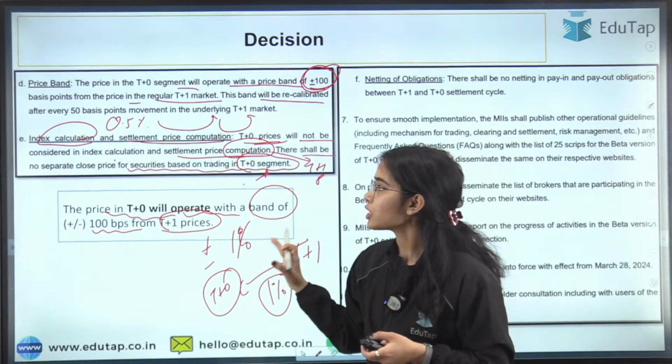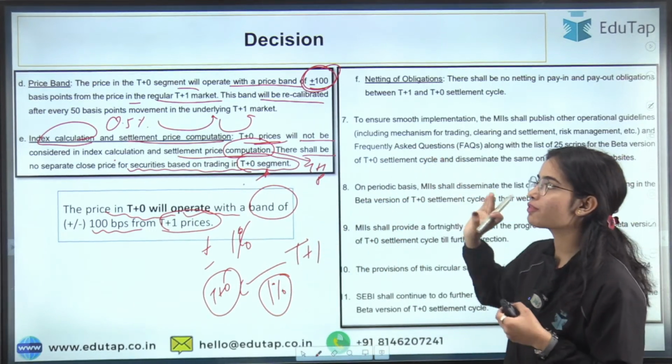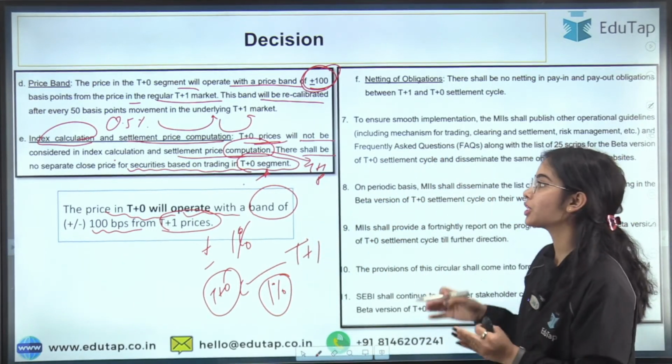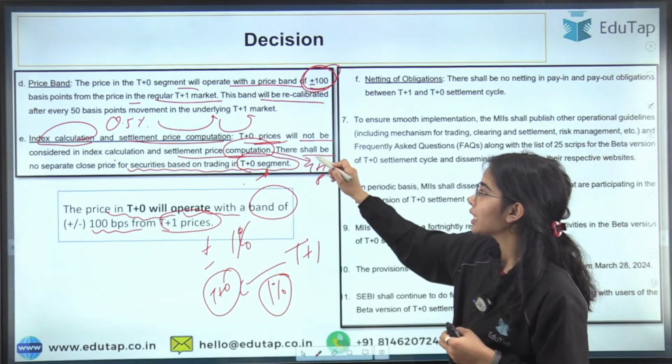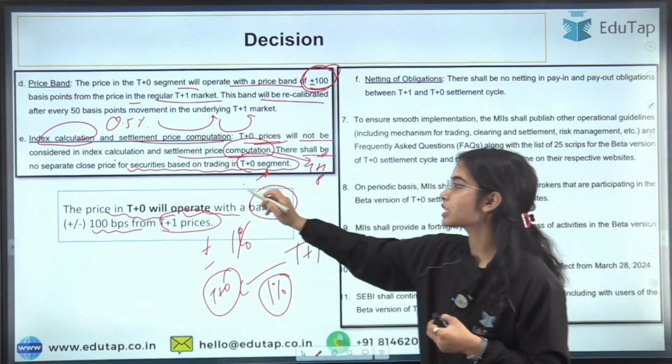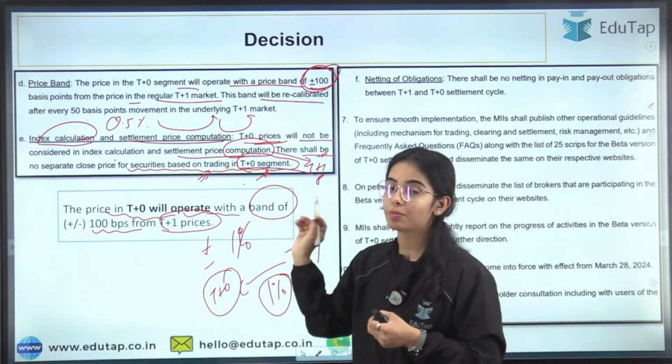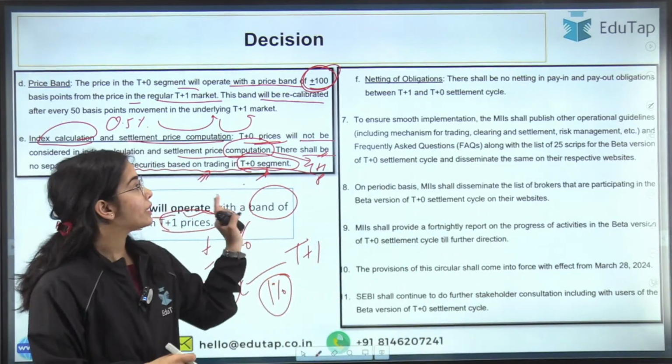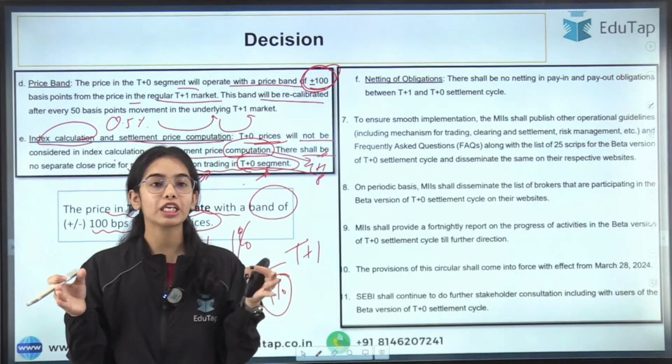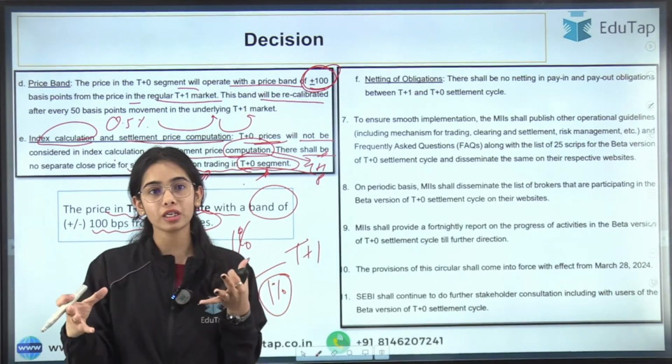Okay. So this is the idea, that the T+0 prices will not be considered in the index calculation and settlement price computation. There shall be no separate close price for securities based on trading in the T+0 segment. Now coming to netting of the obligation. Netting of the obligation cannot happen between two different trading